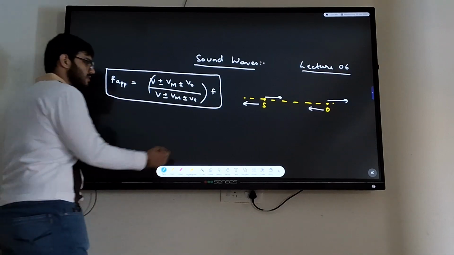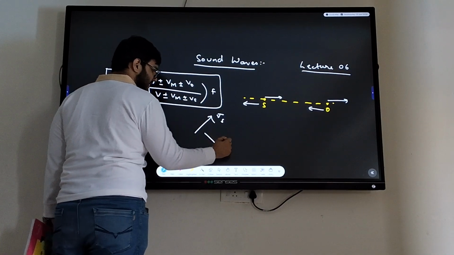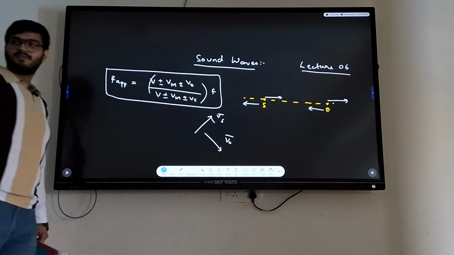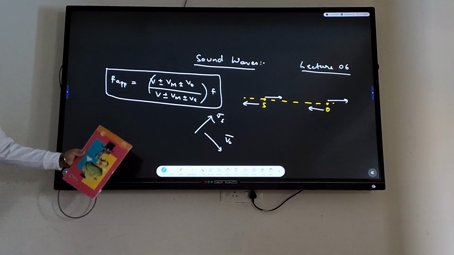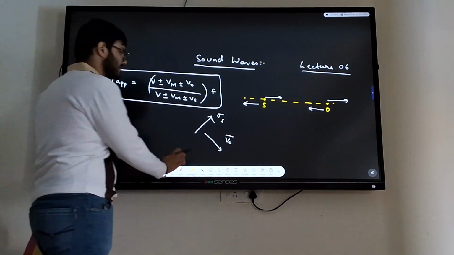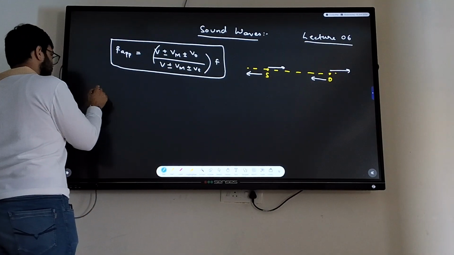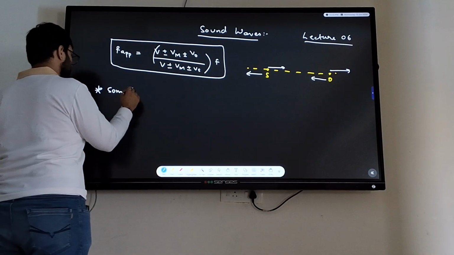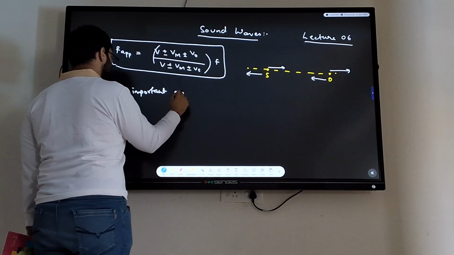What if you are making some angle theta with the vectors? What if the angle between them is not this, but rather some general angle theta? Then what to do? So we will cover that in some important points. Write with me. So some important points,